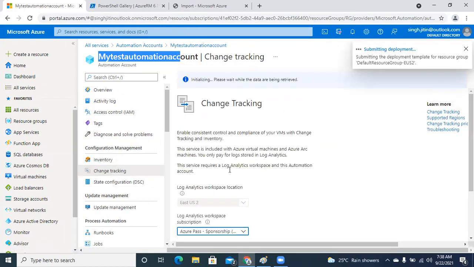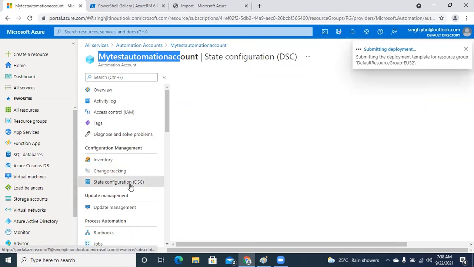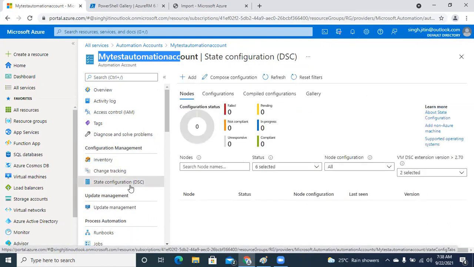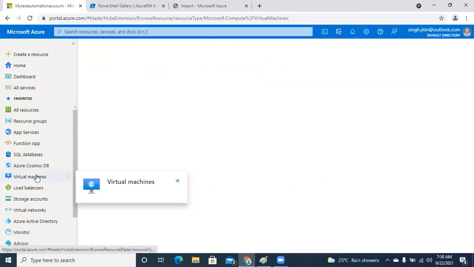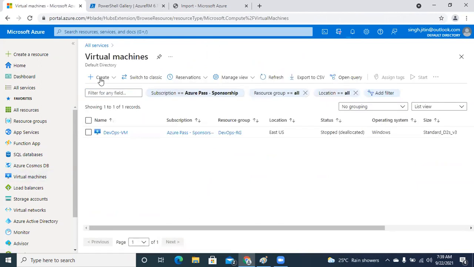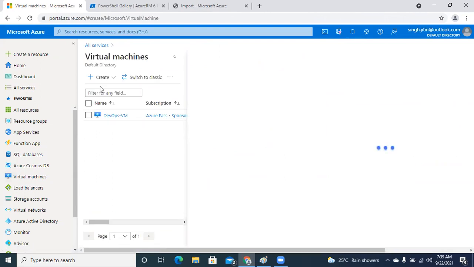Now we're going to touch upon this in a while, but before that, I'm going to show you the desired state configuration, how the desired state configuration will take place if you have any resource and you would like to push any sort of script inside that particular resource. Now for that particular purpose, I require a VM, which I will be managing through the automation account. For that, I will be creating a Windows Server 2016 machine.